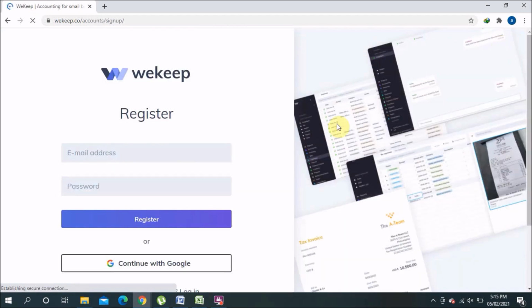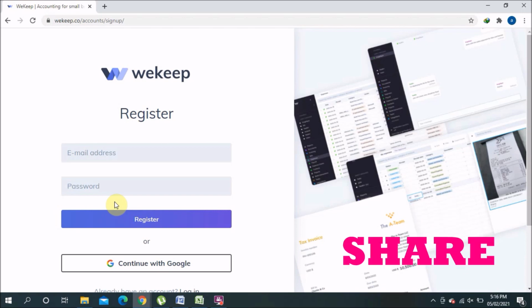For example, you have to mention your email ID and then password and register yourself. You will get a verification link, so you have to click on that and verify your account, and then they will ask you for some information. After this registration step, they will ask you some basic information, for example, where the company is located and the company name. On the basis of that, the company will be formatted, and you will see the software as per your country, right?